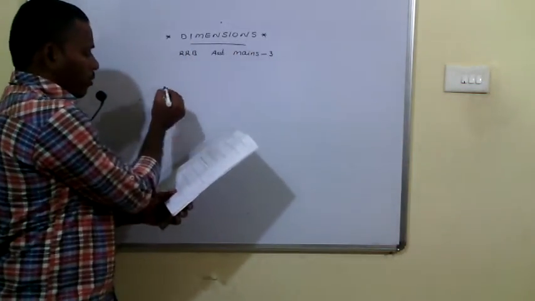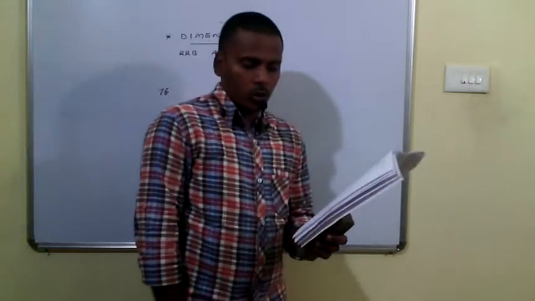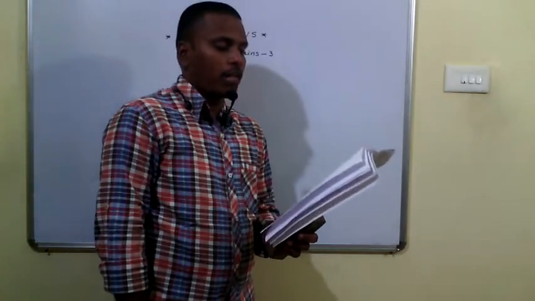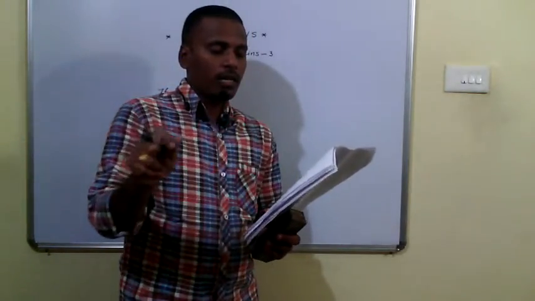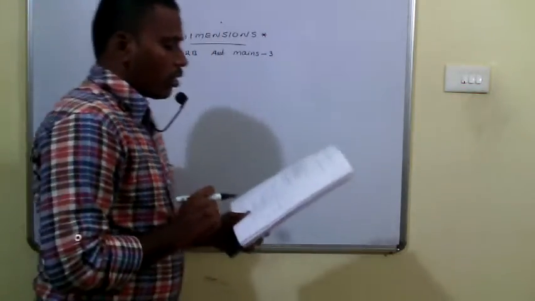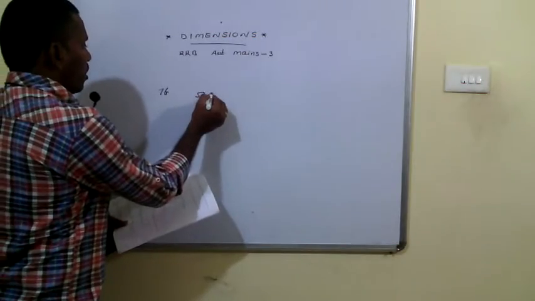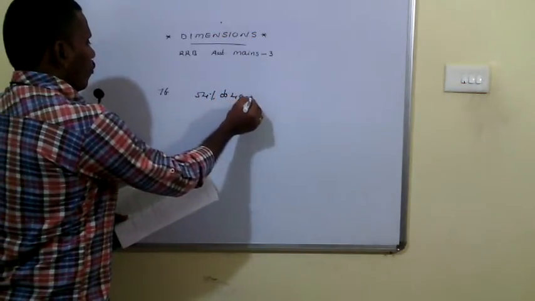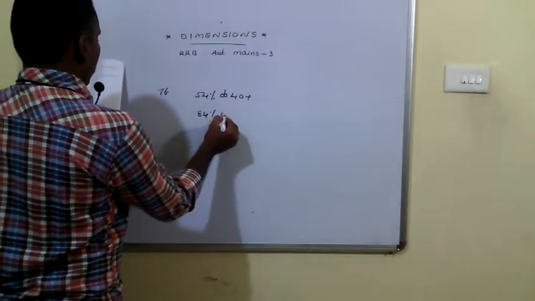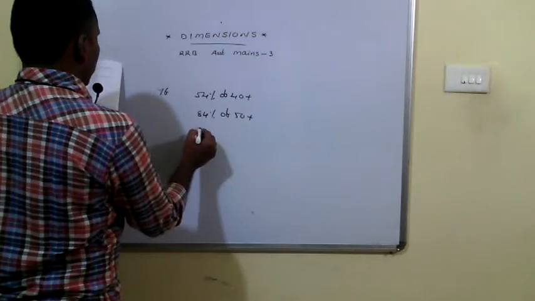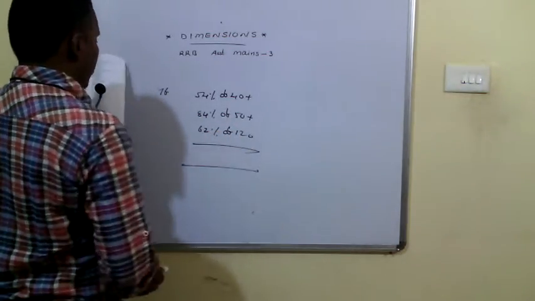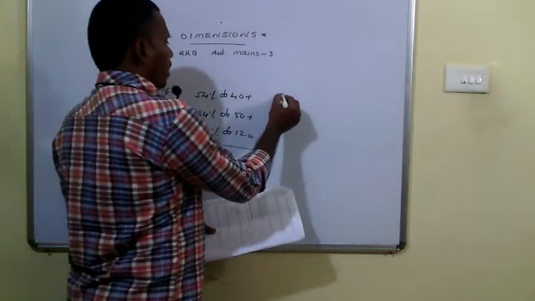Coming to 76th problem. What is the total marks obtained by student R in subjects B, D, and E? For R, our concentration is on the third row, where for subject B his marks are 54% out of 40. The values indicate the percentage. So 54% of 40 at B, then for D it will be 84% of 50, and for the next one it is 62% of 120. The sum of these 3 values is the answer for 76. Okay, if you calculate, your answer will be 138.